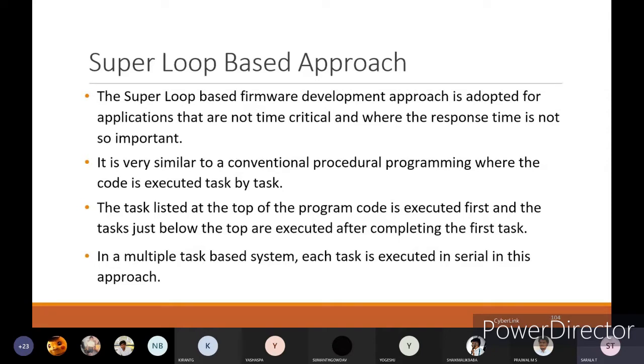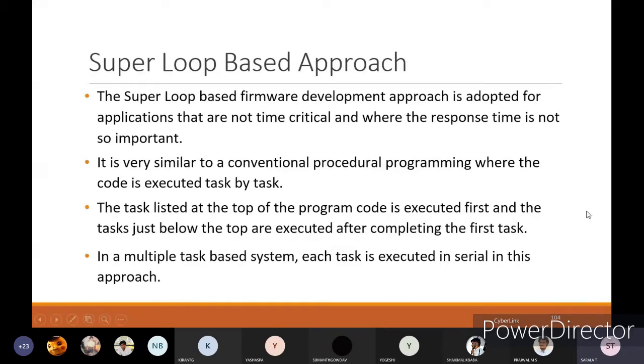It is very similar to conventional procedural programming, where the code is executed task by task. As I told you, one task will be executed first, and after the completion of that task, one more task will be executed. You arrange the tasks, meaning all the application tasks that have to be executed one by one, and then execute them in the superloop based approach.